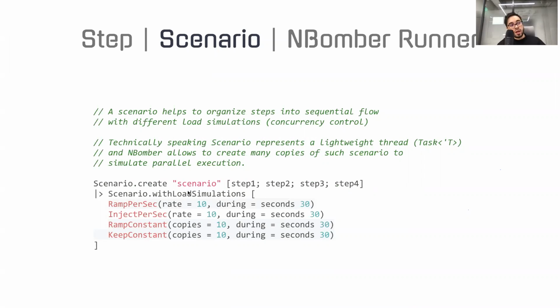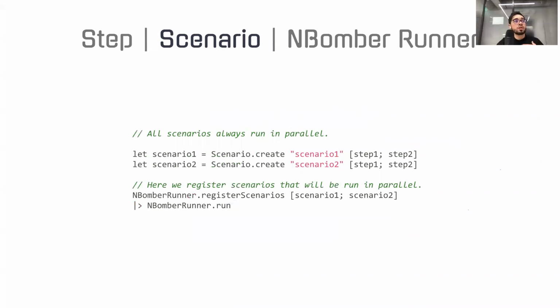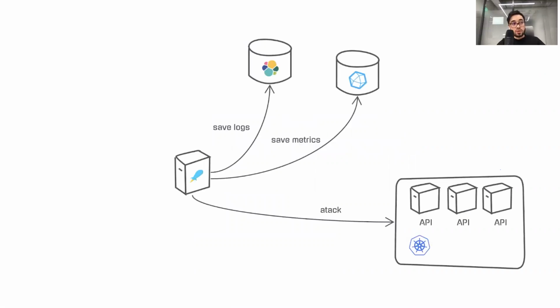This scenario will be multiplied by 10. Basically, 10 copies of this scenario will be run. You can configure it. There is a JSON file for this JSON configuration. I also described this in the documentation, and you can play with it. So the usual setup for NBomber, at least how we use NBomber, is